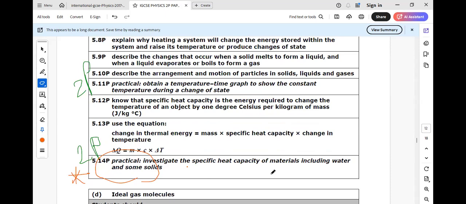These could be lengthy writing questions if you are given these experiments. So one of them can be predicted. Specific heat capacity,